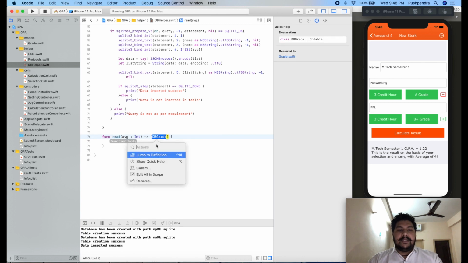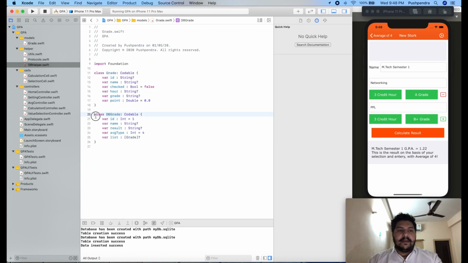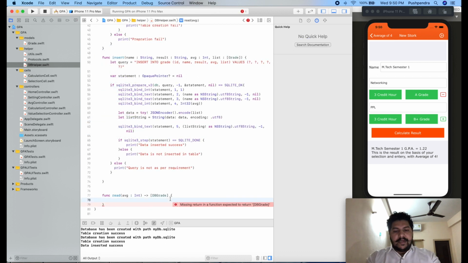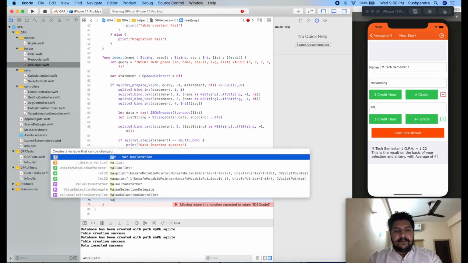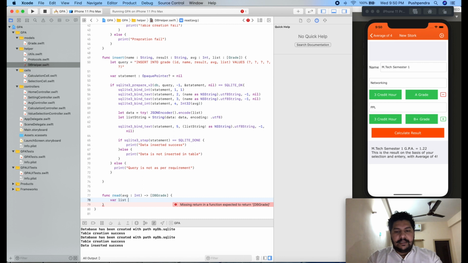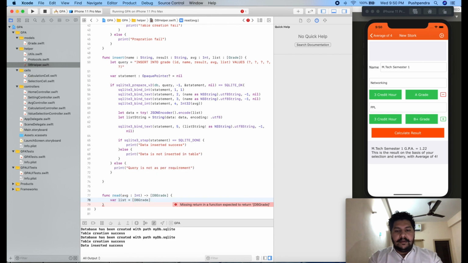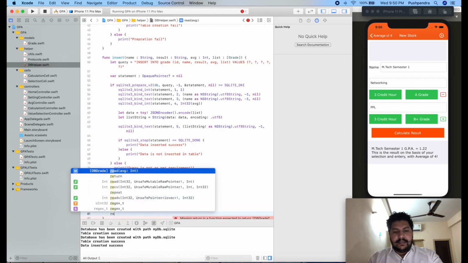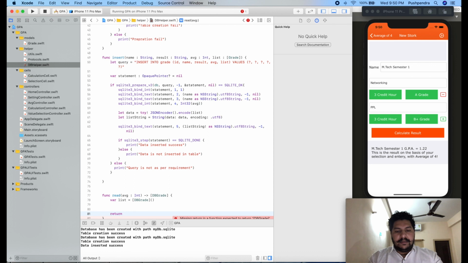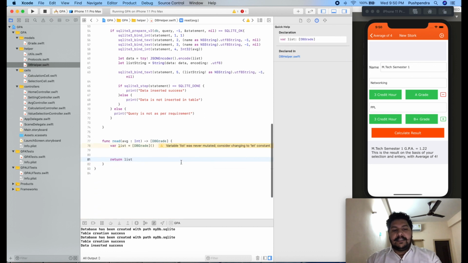This is the list I have already created, same like id, name, result, avg type, and list. So guys, here I'll take one empty list first, of type list of DBGrades. Okay, and here I'll return this list. Okay, so you have done the first step.